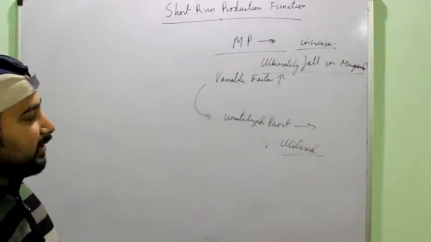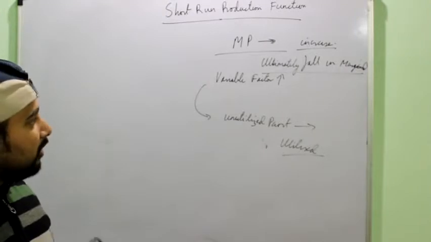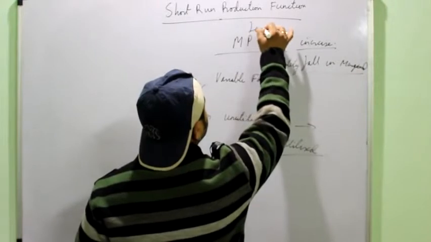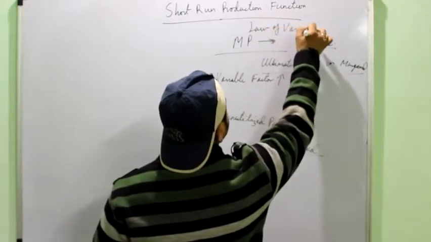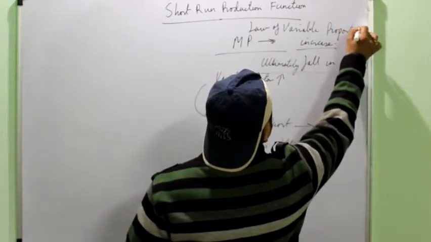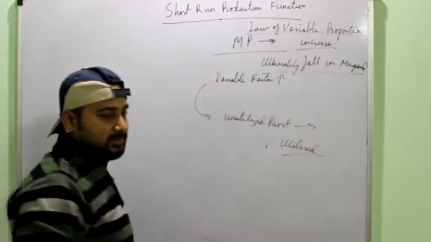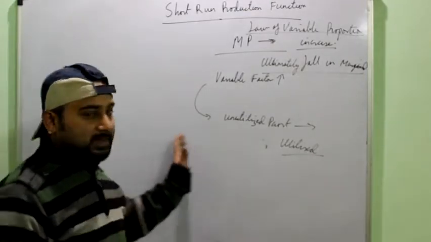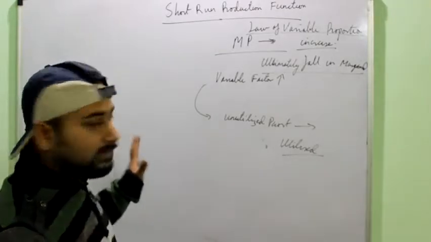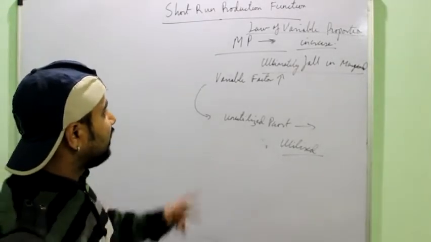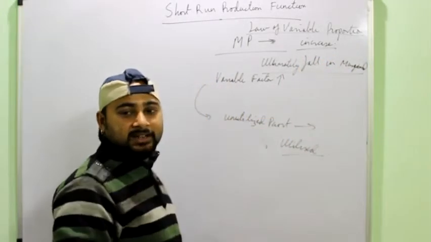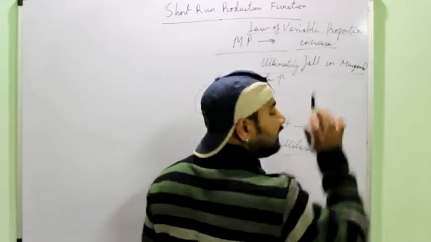This is the most important law of this whole unit, for producer equilibrium, and it is known as the law of variable proportions. And what does it state? It simply states that if you increase the production by increasing the variable factor while keeping the fixed factor constant, that means in the short run, then the marginal product of your labor, of your variable factor, may initially rise, but ultimately it has to decline, right?